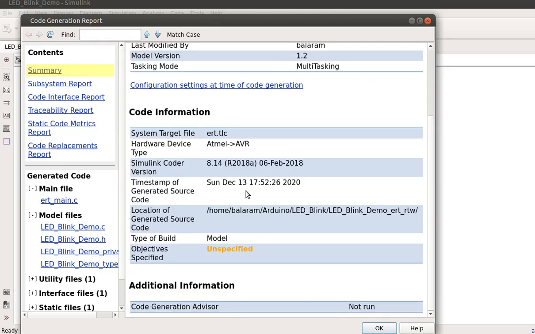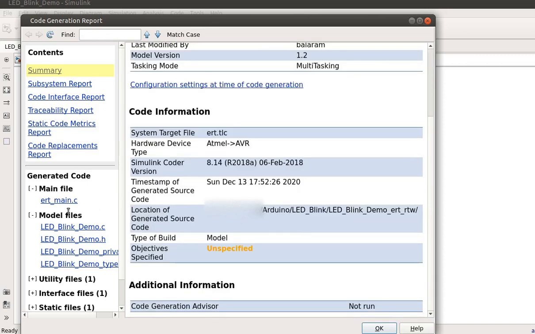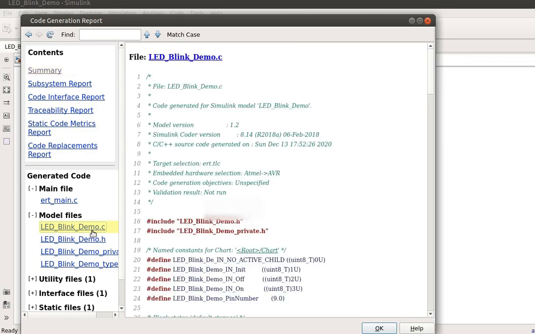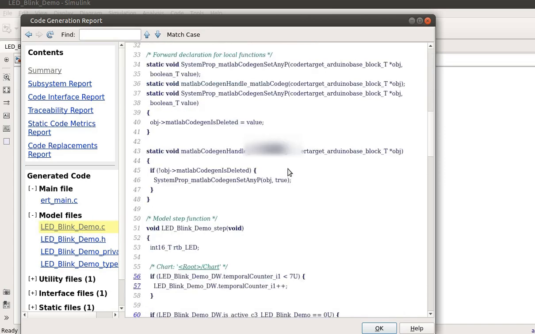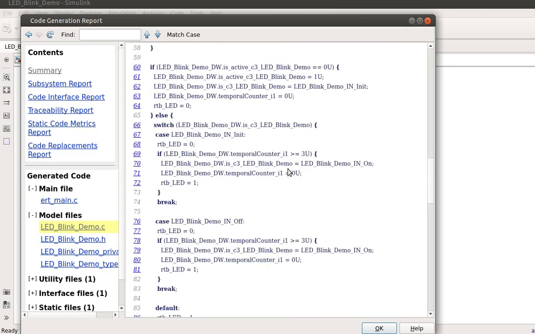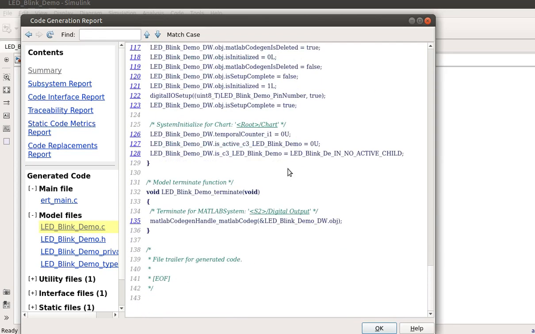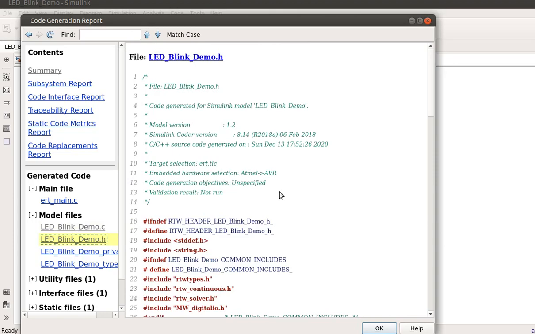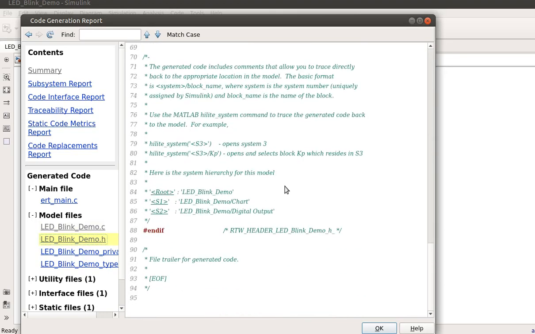Now here you can see all the options whatever we have, and here if you click on the LED blink demo.c, you can see the actual code generated for us. This is the code and this will be flashed into our Arduino board, and if the code is already flashed into the Arduino. So this is how we can generate the code and flash the same using MATLAB and Simulink